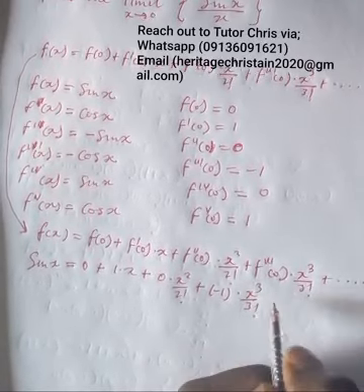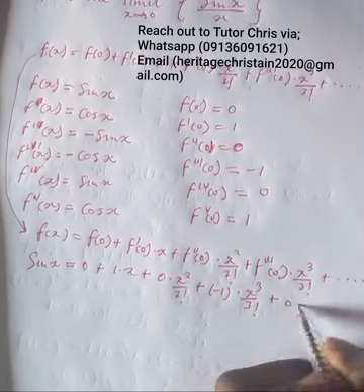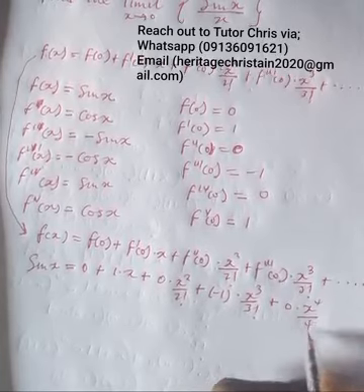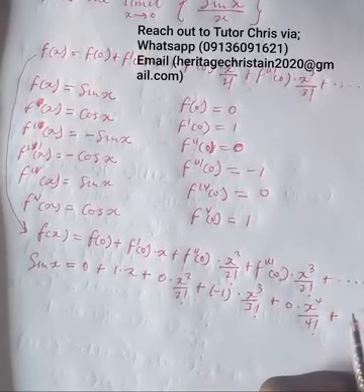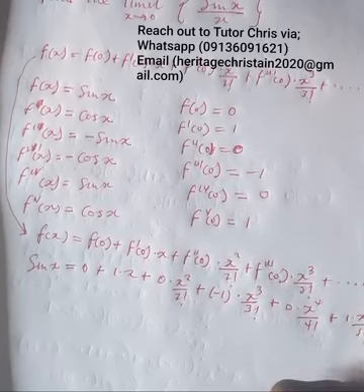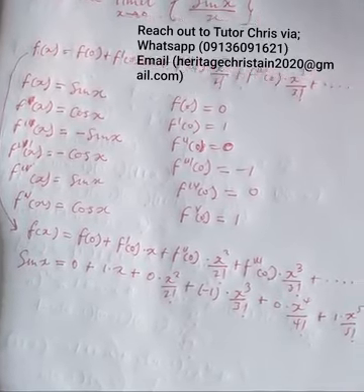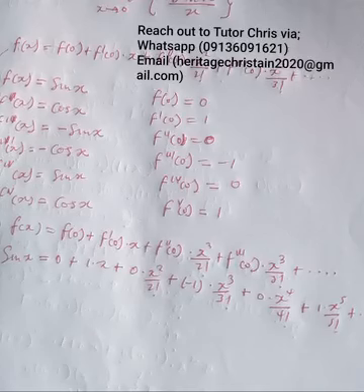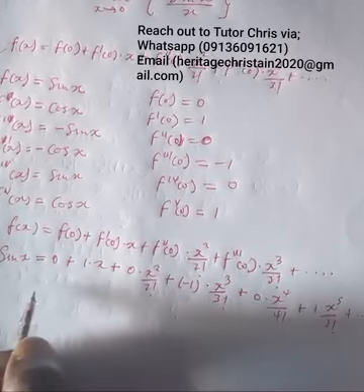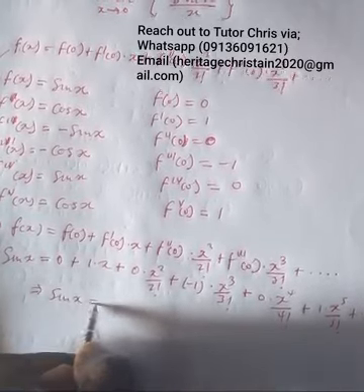I won't stop here. I'm going to the fifth derivative, plus 0 multiplied by x to the power of 4 over 4 factorial, plus 1 multiplied by x to the power of 5 over 5 factorial plus dot dot dot. Okay, so that's where I want to stop now. Let's continue. This implies that sine x will be equal to